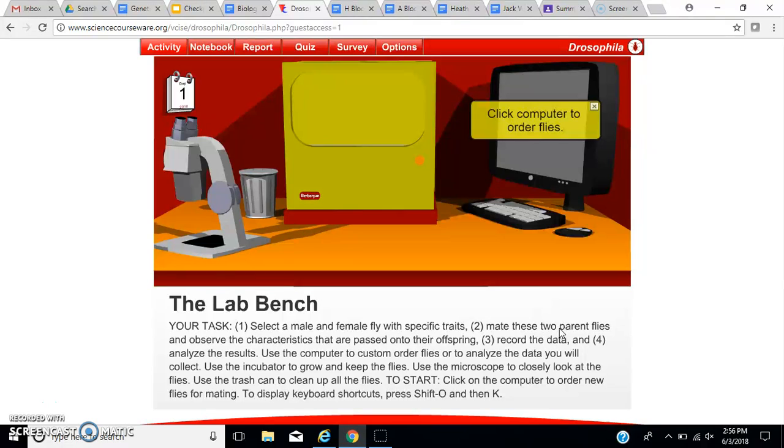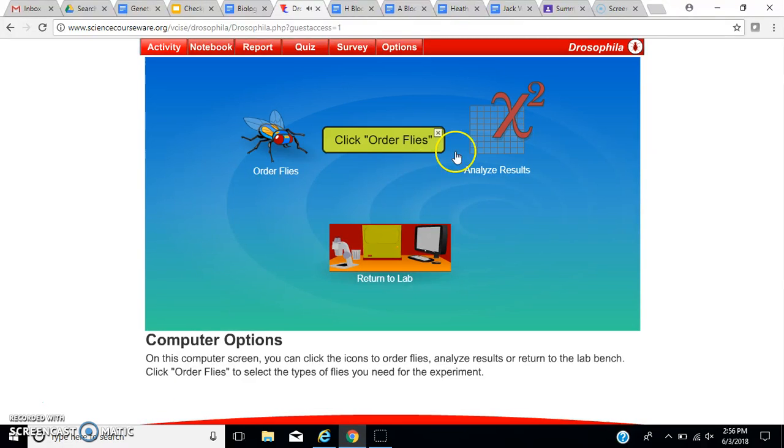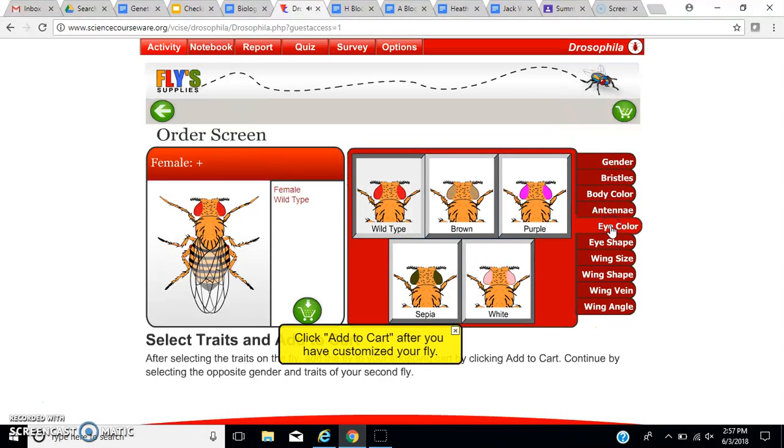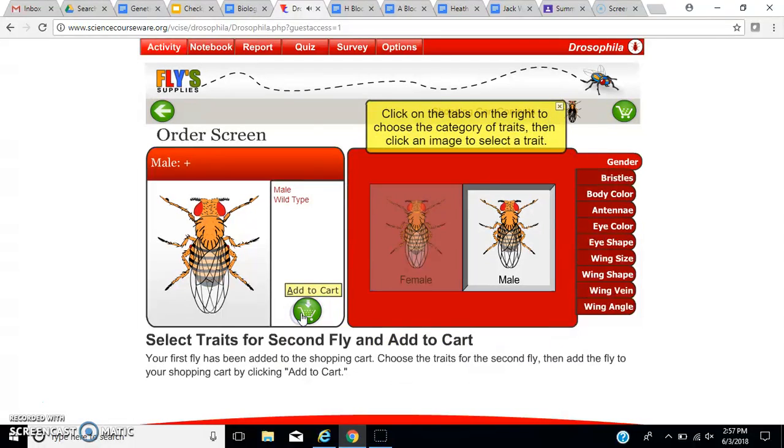We want to enter as a guest, and then notice they prompt you and tell you what to click on as you go through for the most part. You have lots of options. You can do any of these kinds of traits. So let's try eye color. We want to choose a female with a particular eye color. So let's go female brown, add to cart,